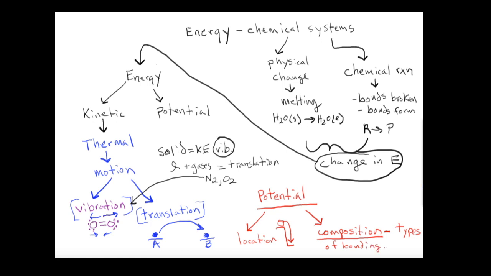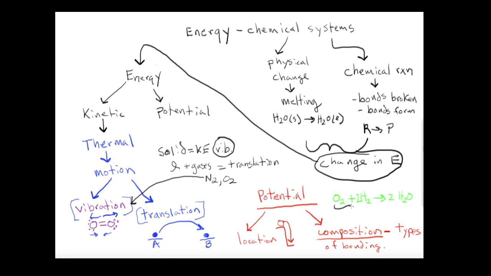And to give you a really quick example, change the color here. If we look at the reaction between oxygen gas and hydrogen gas, there should be a 2 in front of this, right? So let me just do that. To make water, all right, here we have a definite potential energy difference between the reactants in this reaction and the products.